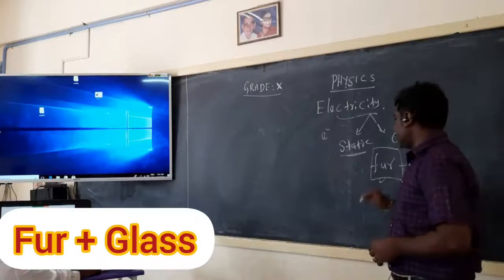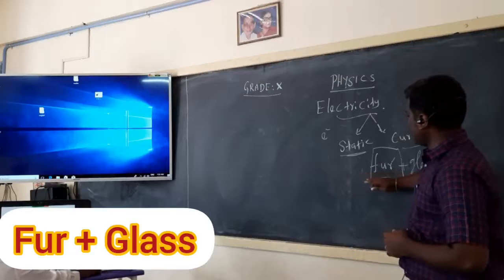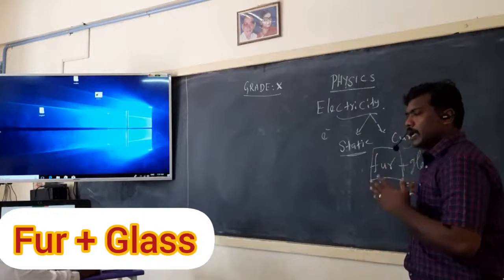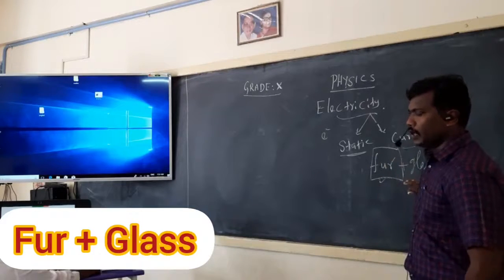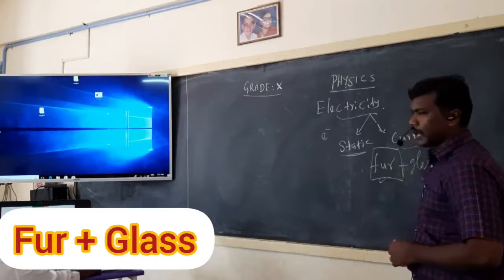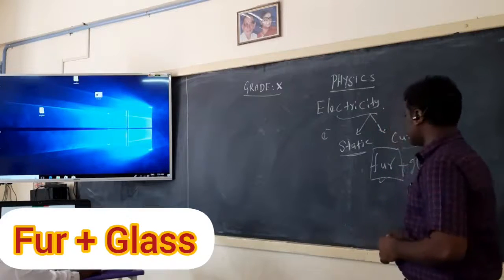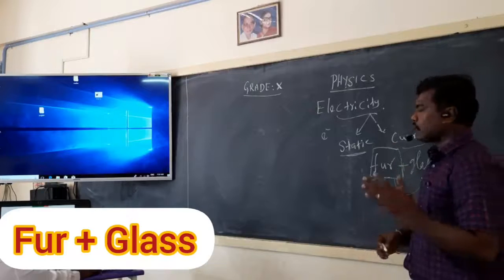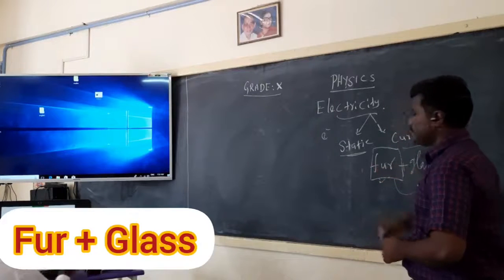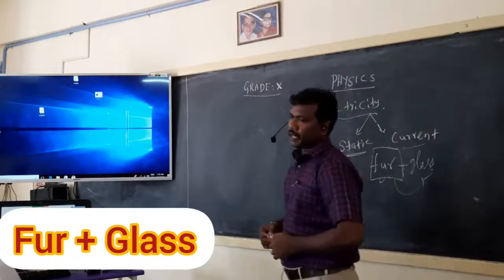I am taking two types of material. One is fur and another one is a glass material. Okay. When you are going to rub the fur material into the glass material, already we know very well these two materials are insulating materials. They cannot conduct the current if you keep the two materials separated. Now I am going to rub that fur material with the glass material. Some heat energy is produced. The heat energy is used to transfer the charges from one material to the other material. Okay. So when we rub the fur material with the glass material, some of the electrons will be transferred from the fur material into the glass material.